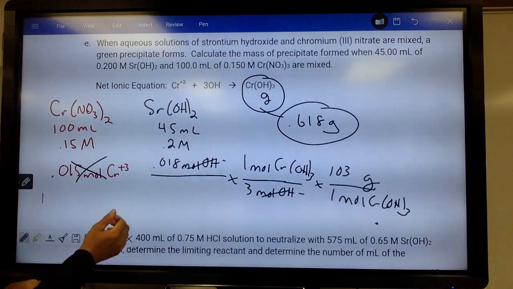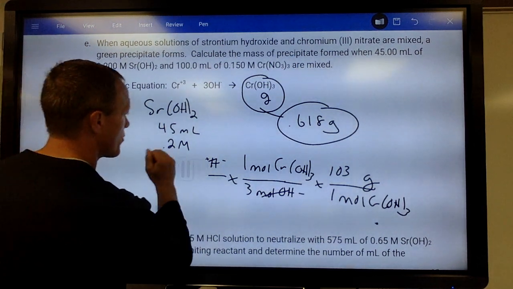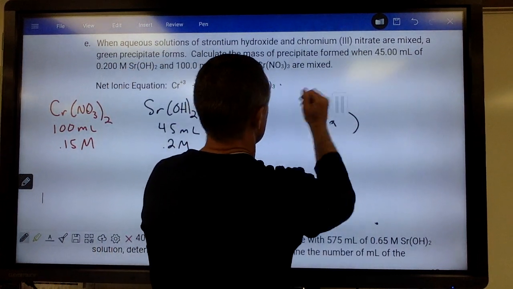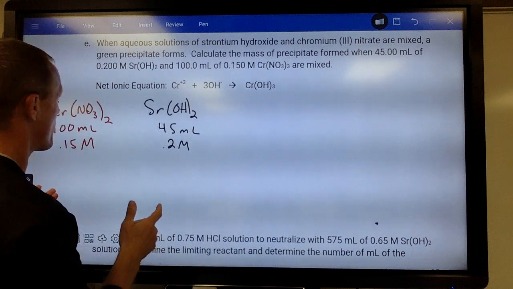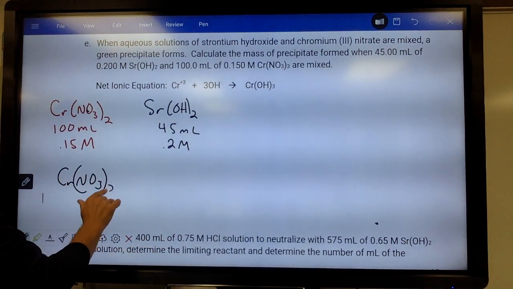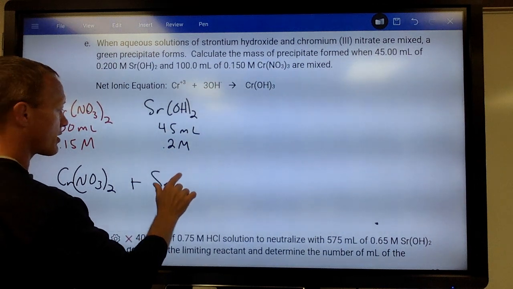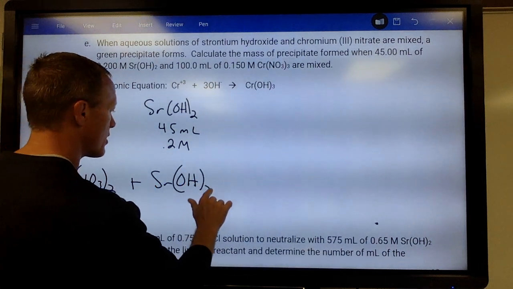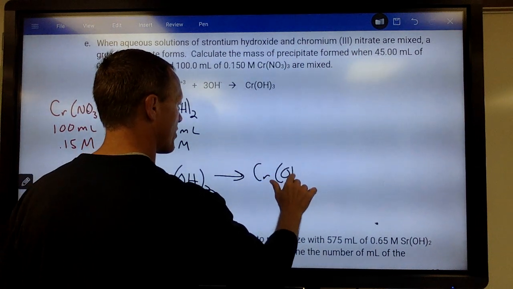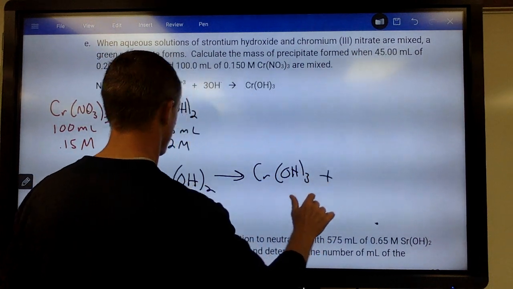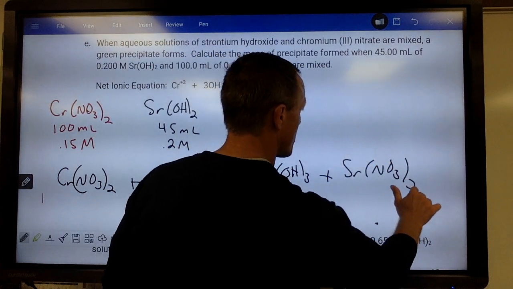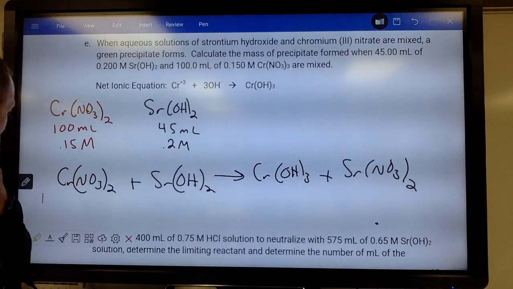So again, you could have used the whole equation. Let me just show you real quick what I mean by that, because people will ask. I'm still trying to find grams of that. So if I wrote my whole equation, I'd have chromium nitrate plus strontium hydroxide forms precipitate of chromium hydroxide plus strontium nitrate. Now if we balance that